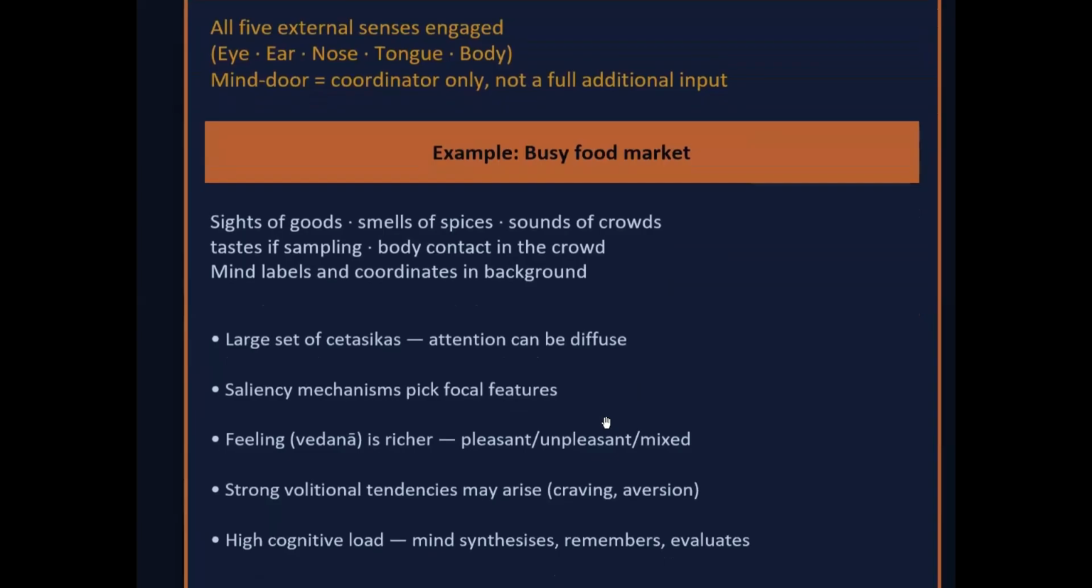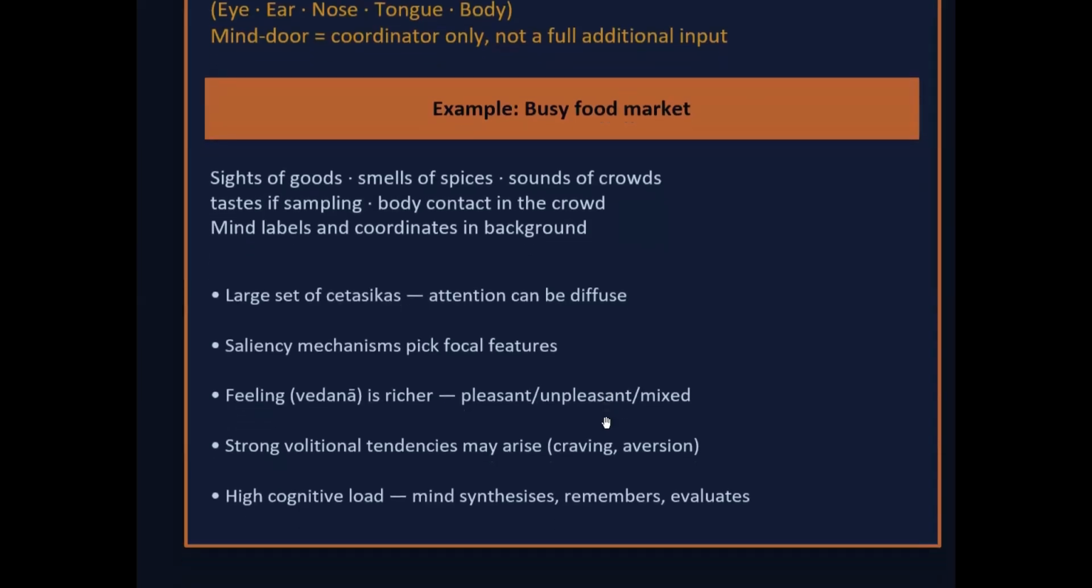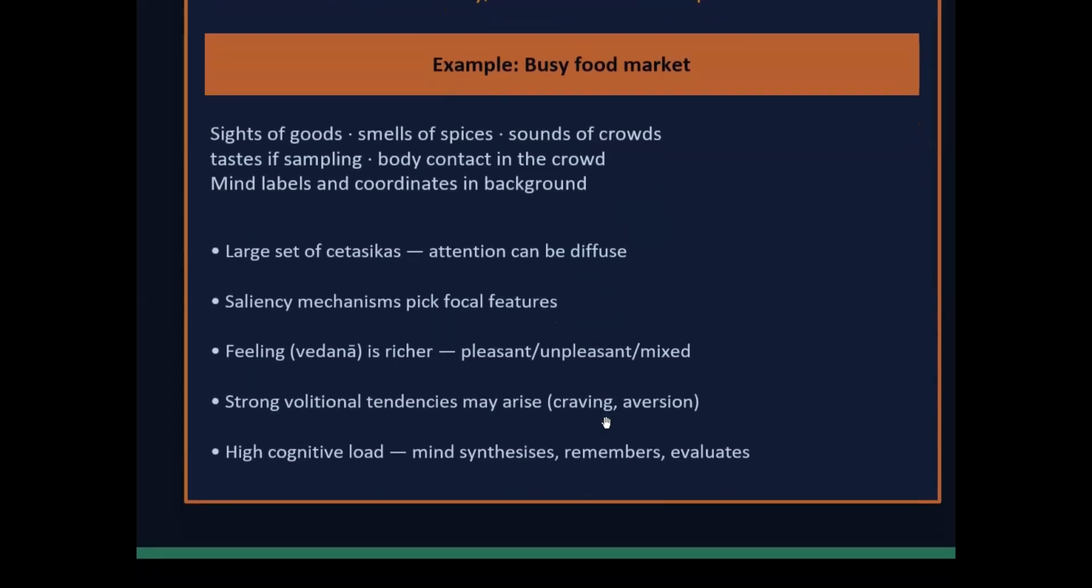So there's a lot of Chetasika. Remember, you open up all the senses, there's plenty of Chetasika arising. So attention can be diffused. And then the selection mechanism picks a focal feature. So whichever sense door you are interested in, then the prominent one will be investigated further. So the feeling, Vedana, is richer. You have pleasant, unpleasant, mixed. Then a strong volitional tendency may arise, like whichever sense door has a very high